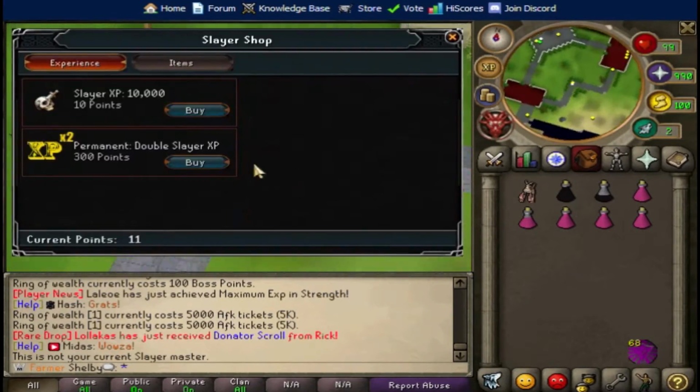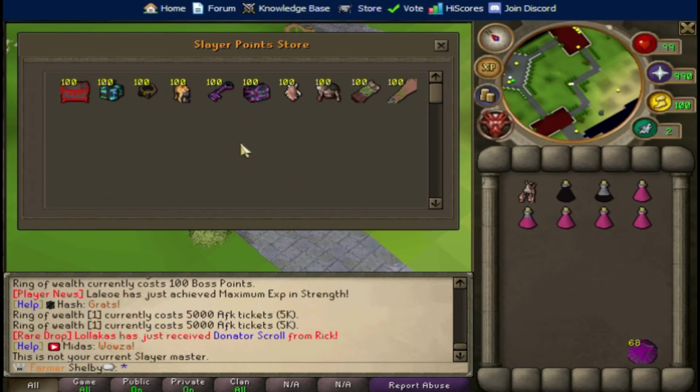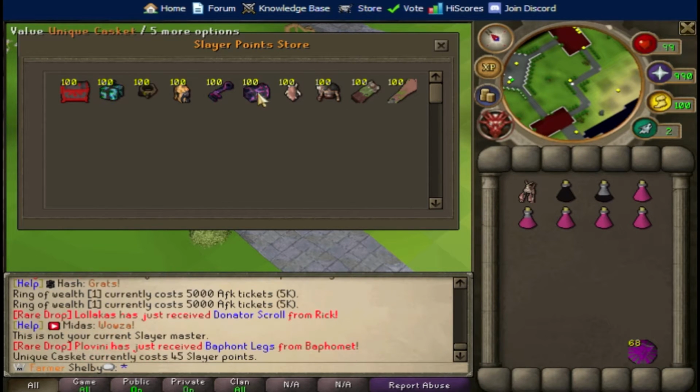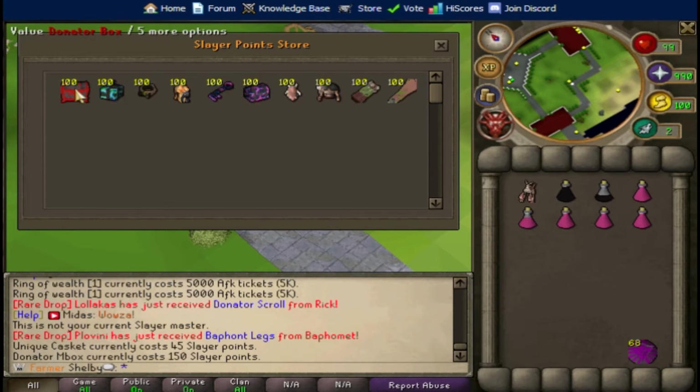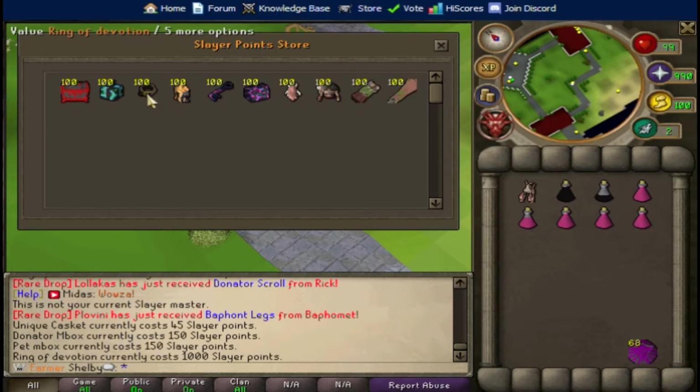Here's our rewards. Slayer XP. And there's our reward shop. The only things that are really worth getting, I think, are the unique caskets, the donor boxes, the pet boxes, and this Ring of Devotion right here. And it is 1,000 points, and that does take a second, but you won't even notice it if you're